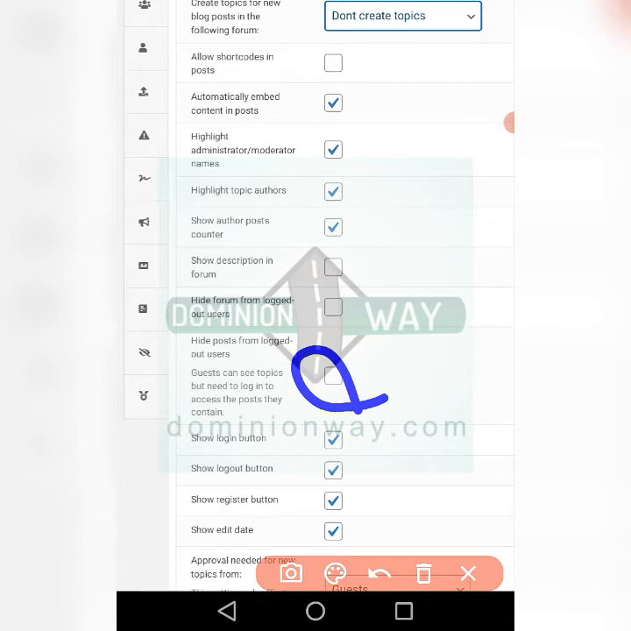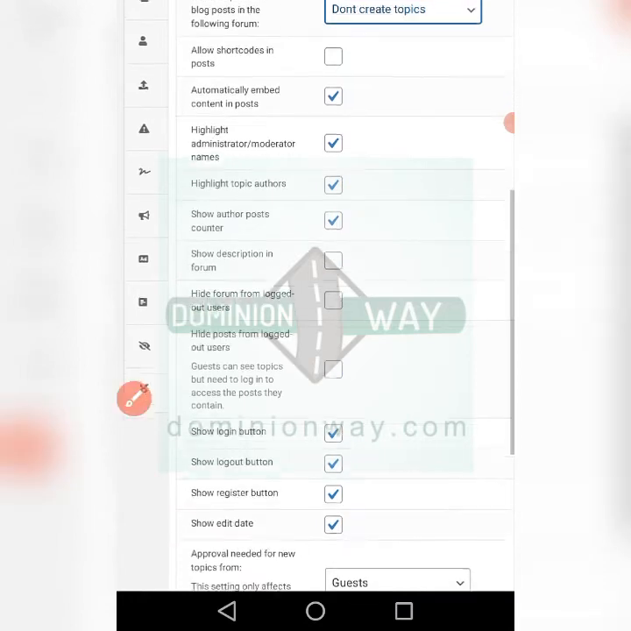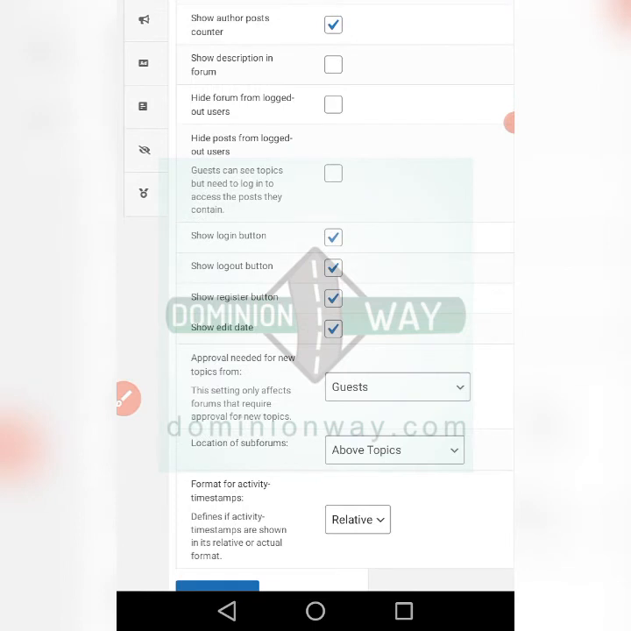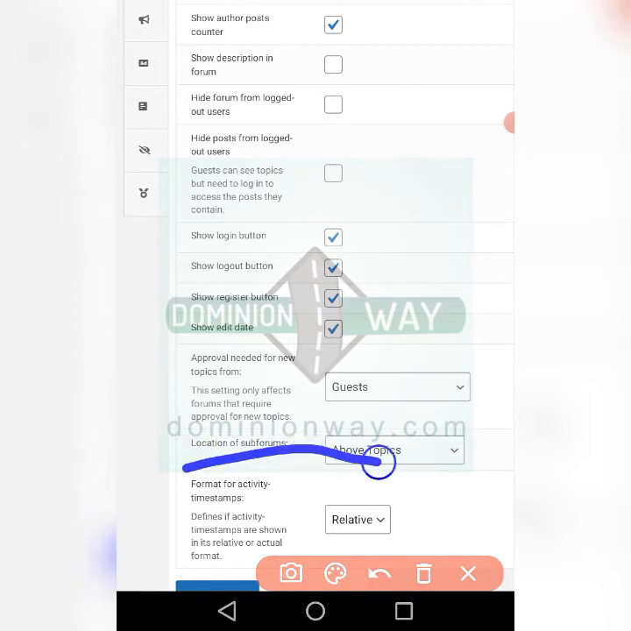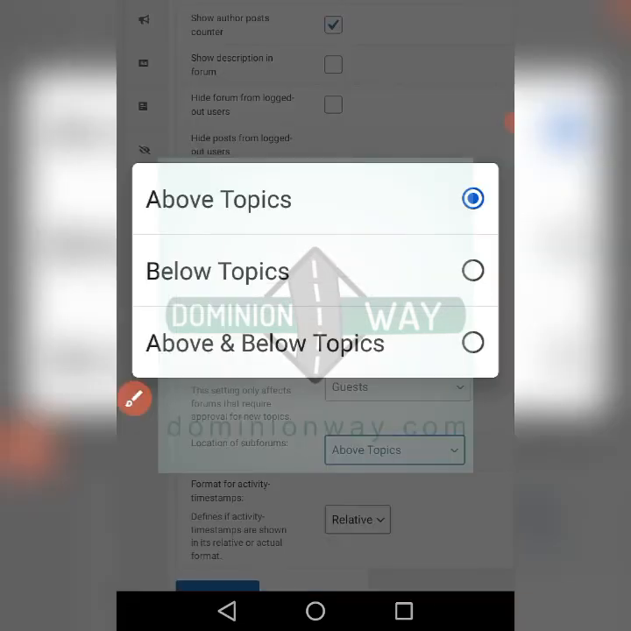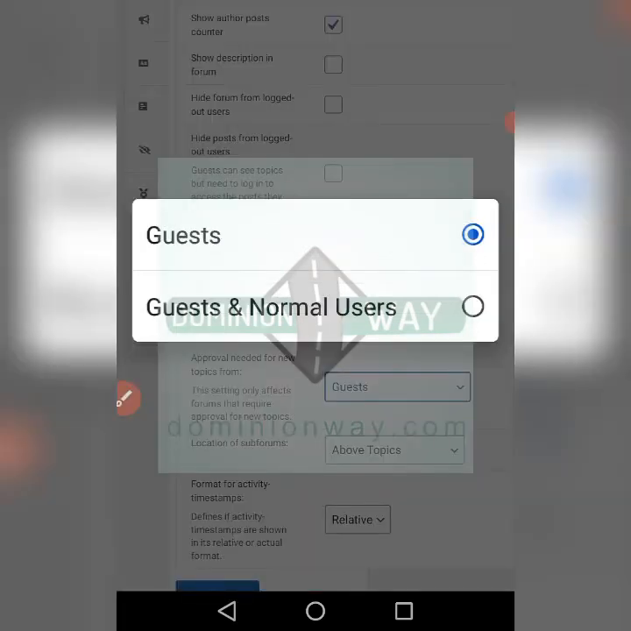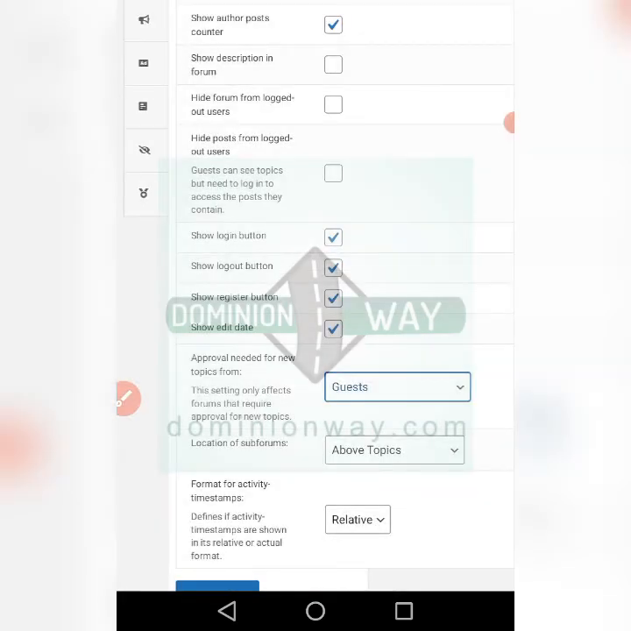So there are so many things that you can adjust. There are so many things that you can set in this settings section. You can configure several things. You can choose the location for the subforum above the topic. You can choose to make it below, or both above and below, depending on your choice. You can also choose that approval is needed for new topics from